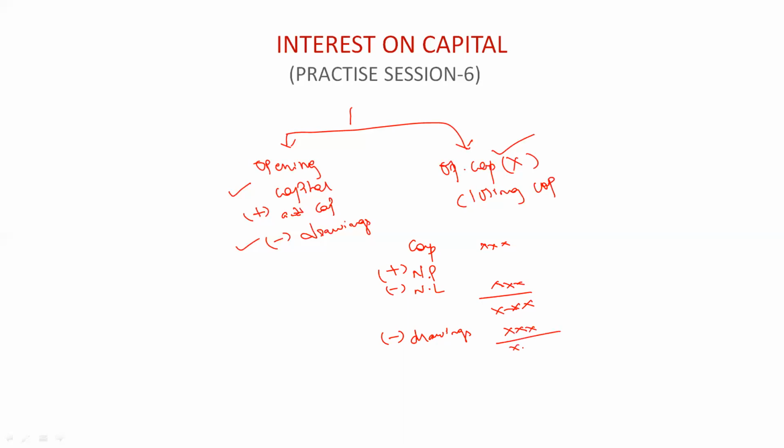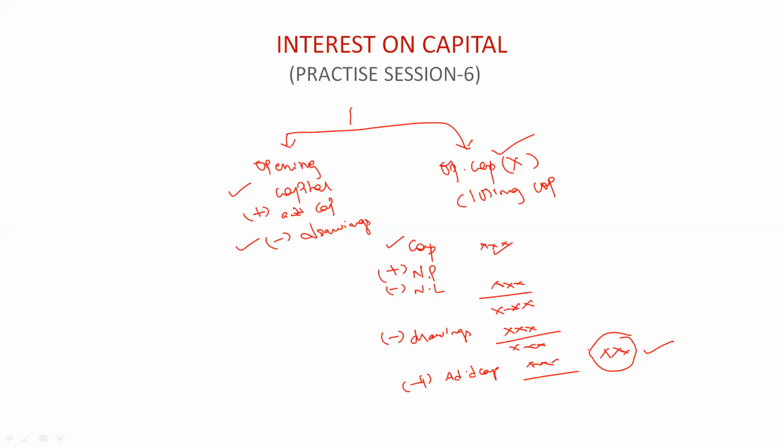Okay. Then if we had any additional capital, then we would add it. Okay. So finally the amount will be written in the outer column, right? So this is what we call closing capital. Okay. And the capital that we have at the beginning will be the opening capital. Is that clear? Now in the question, this figure will be given, basically closing capital will be given, and we have to find out the opening capital here.